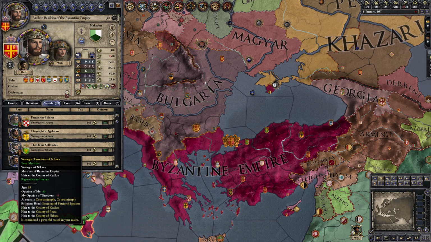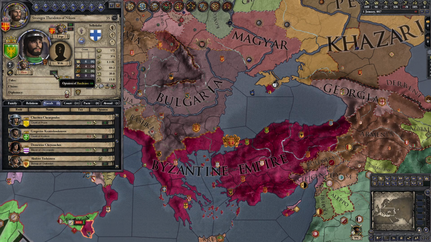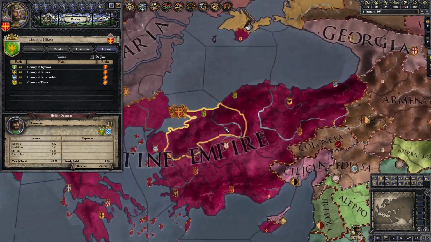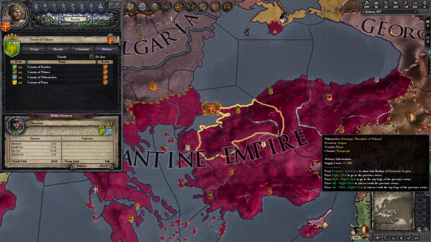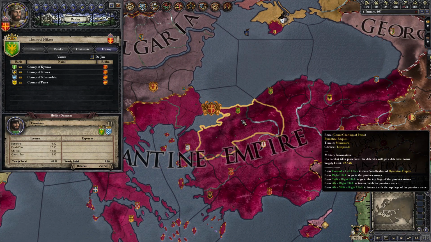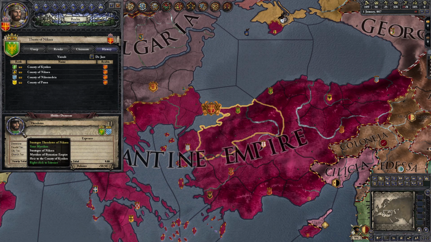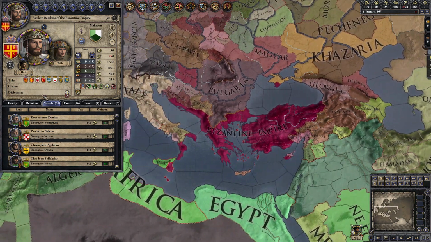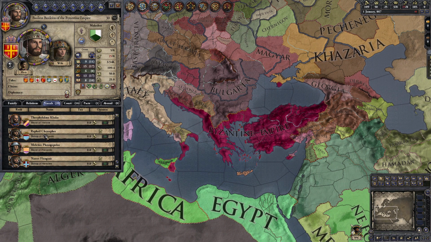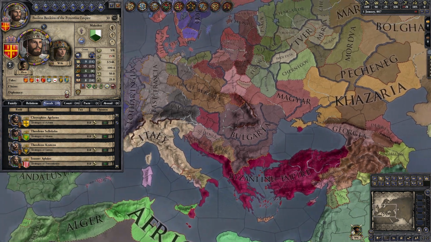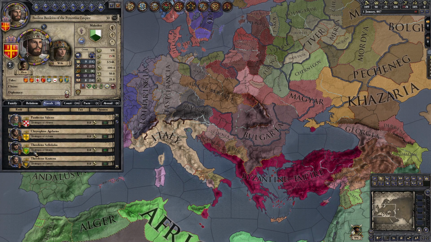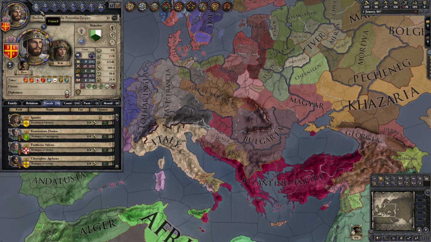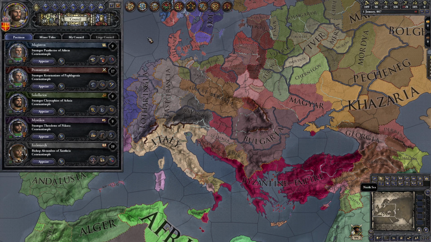If we go down the list, there are various people who then control and own territory. So he has the theme of Nicaea, and he has this territory. I gave him this land as a fief, and he now serves me loyally. And that's because I, as one person, couldn't possibly hope to control the whole empire. All of these people are my servants and vassals, and there's mayors and bishops and counts. And then I have other people who will hopefully serve on my council, people who will help me do what needs to be done.